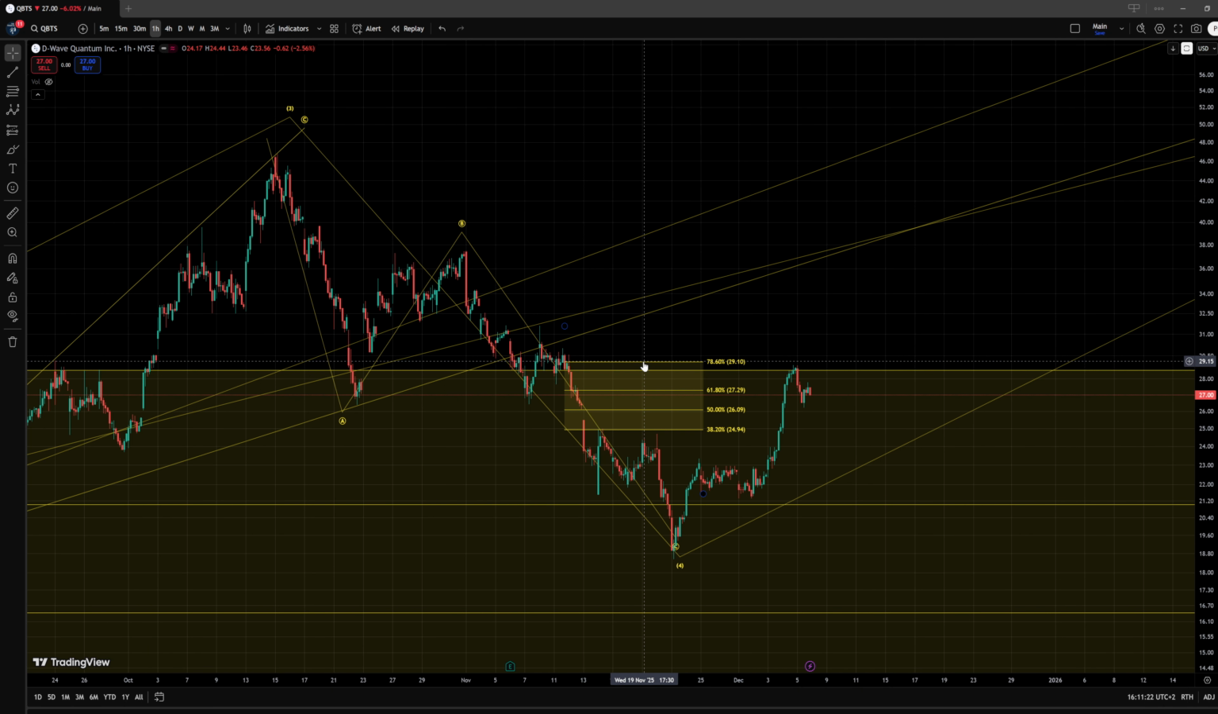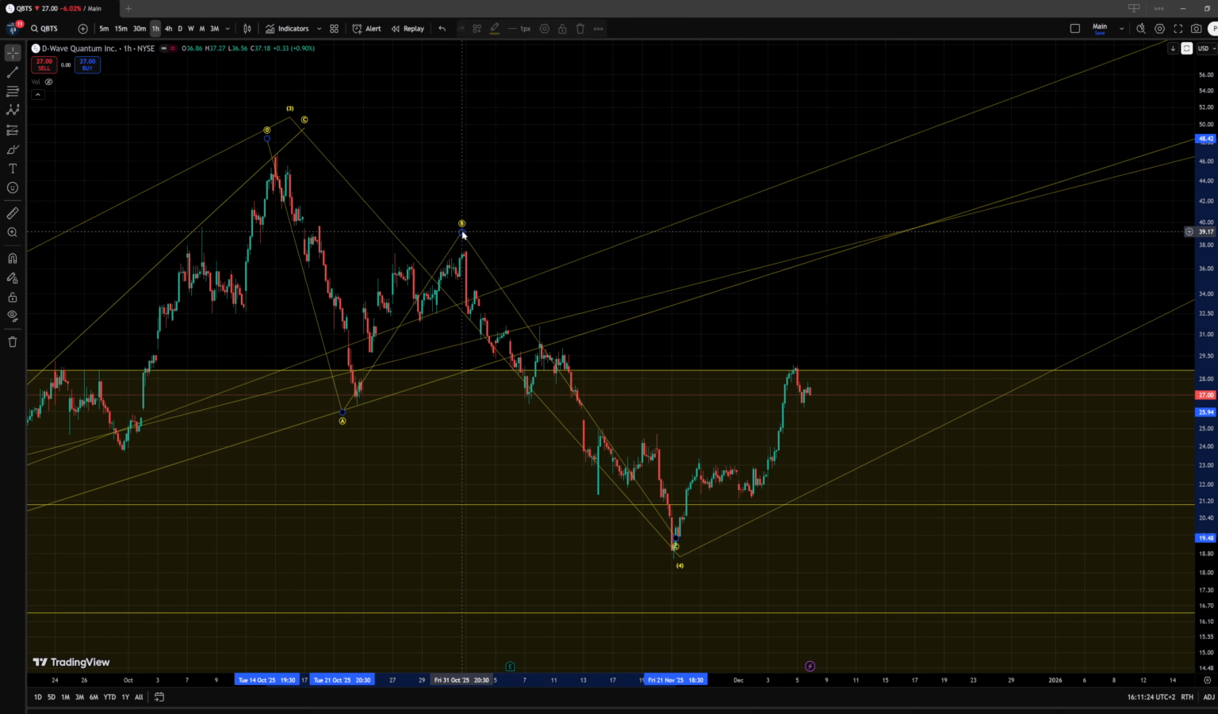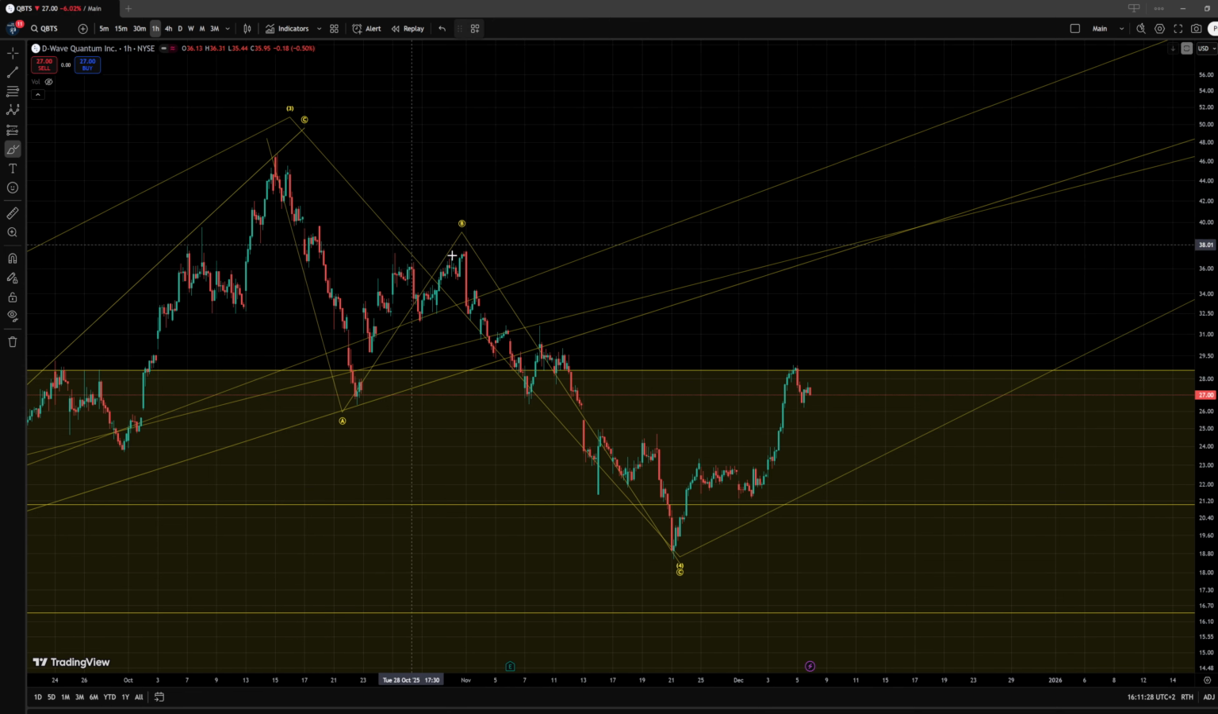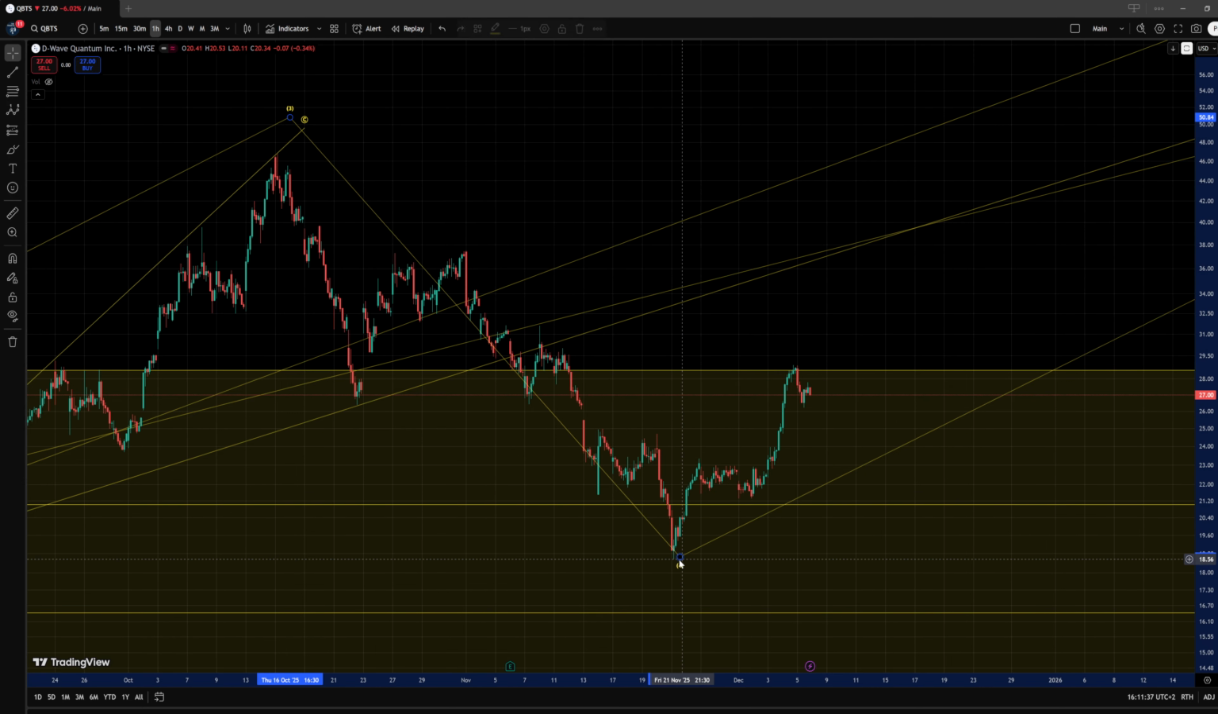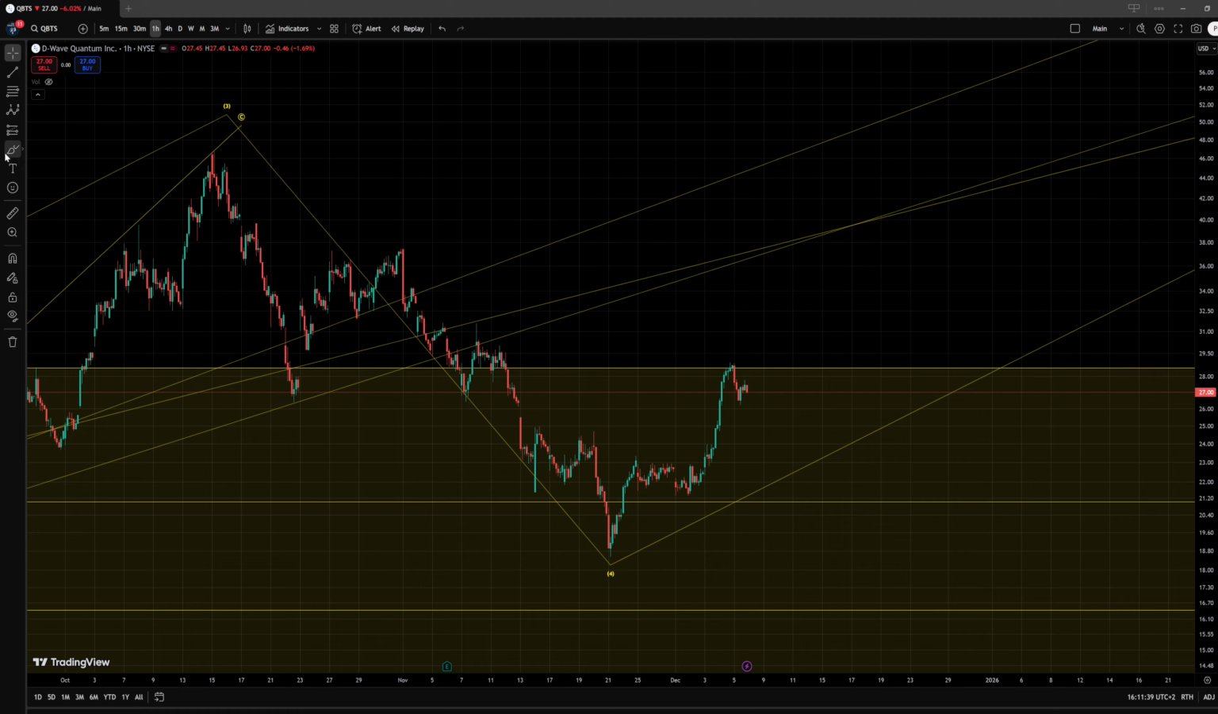And with that said, we can even remove this interpretation, and honestly, even this ABC structure could be a distortion that would still allow this to be an ABC instead of a WXY. But in the end, it doesn't really matter. We have here the potential to have a wave 4 bottom, and this is what we will be focusing on,